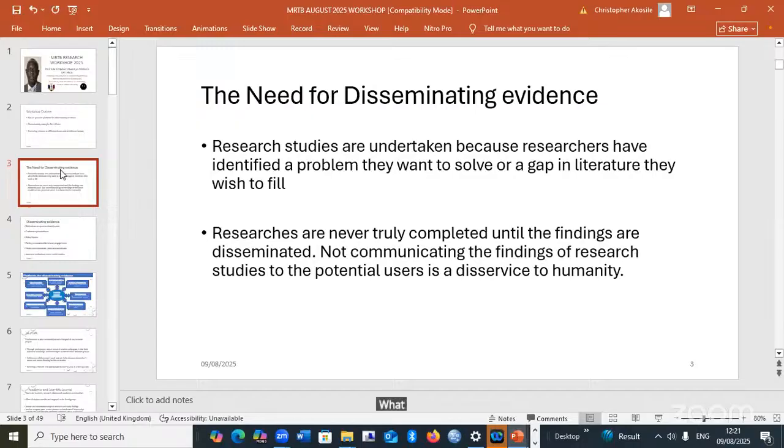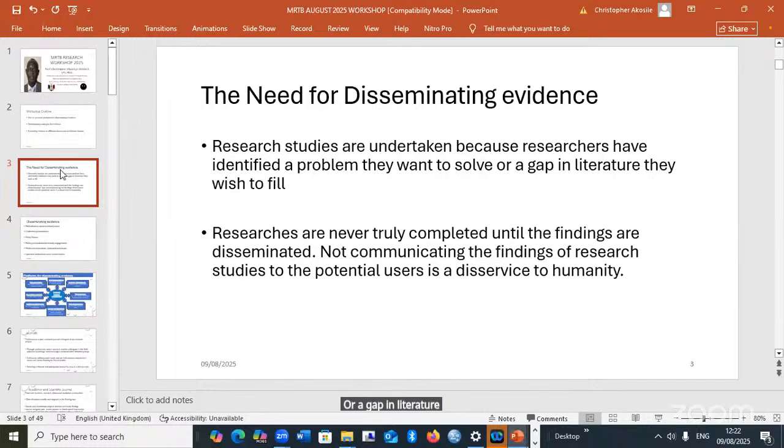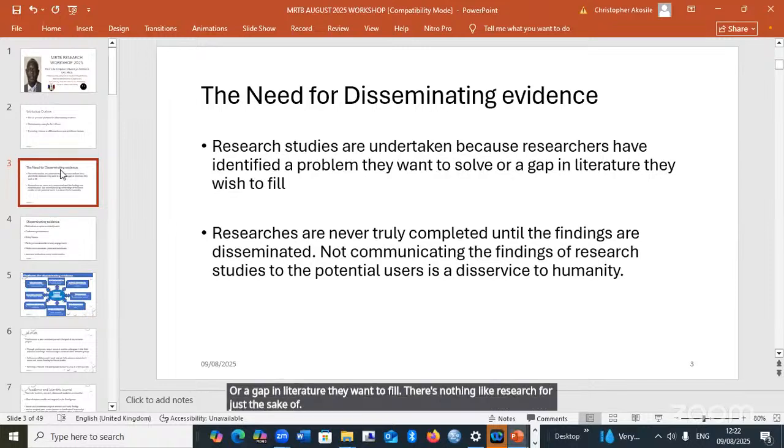What is the need for disseminating evidence? Research studies are undertaken because researchers have identified a problem they want to solve or a gap in literature they want to fill. There is nothing like research just for the sake of conducting research.